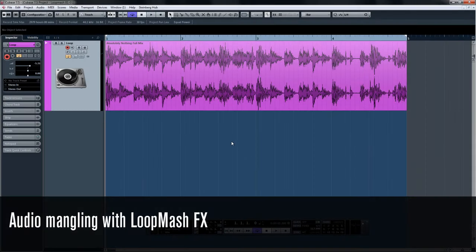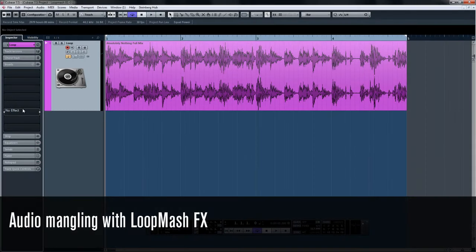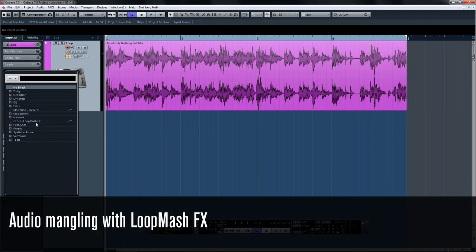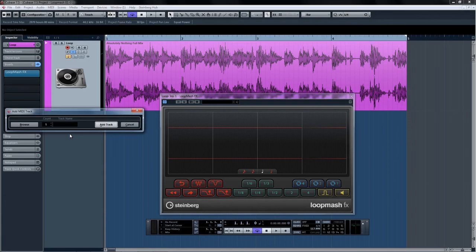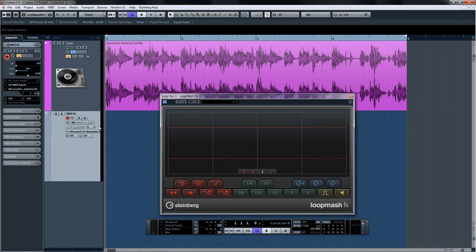LoopMash FX. Start by inserting LoopMash FX on an existing audio track. Then add a MIDI track so you can control which LoopMash effects are instigated and when. Simply route the output of your new MIDI track to LoopMash FX, and you can now control the effects with